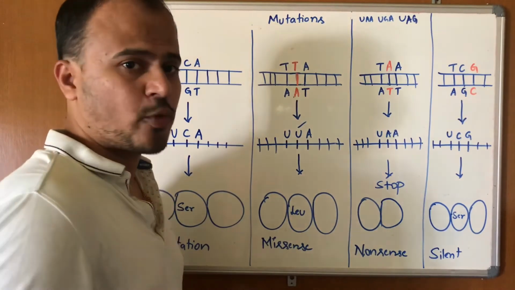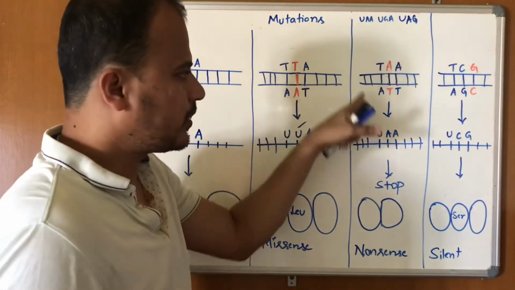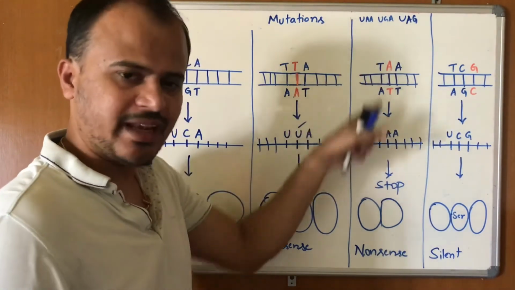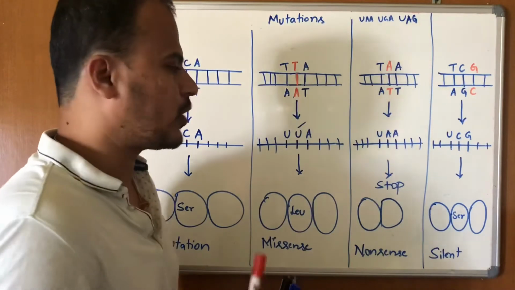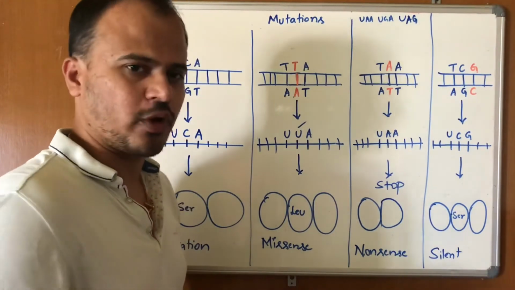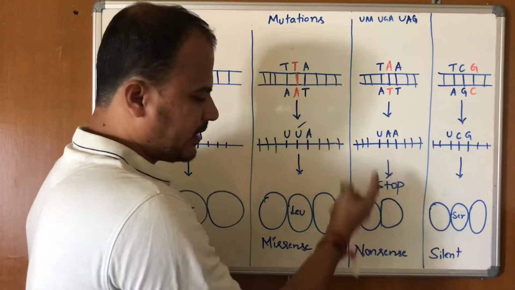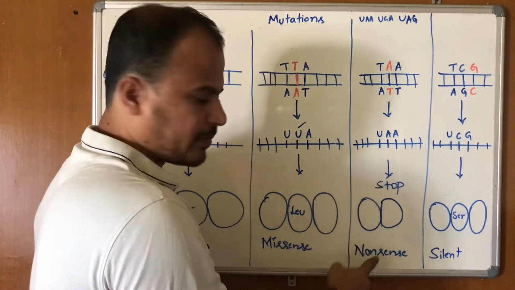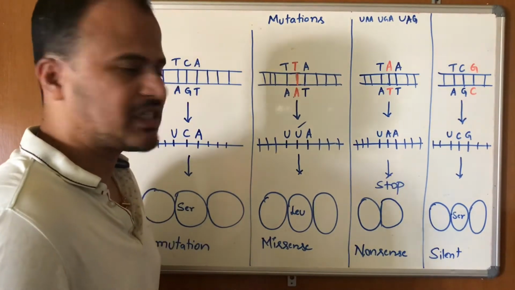The other stop codons are UAA, UGA and UAG. If the ribosomes find any of these codons, they stop their activity. Therefore, they are called termination codons or nonsense codons or stop codons. So when a stop codon is encountered in the mRNA, it results in the termination of translation, and this kind of mutation is called a nonsense mutation.